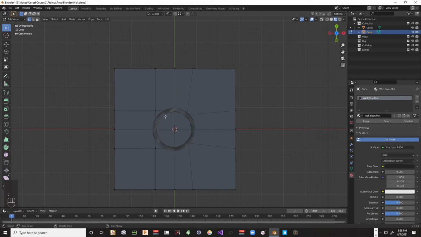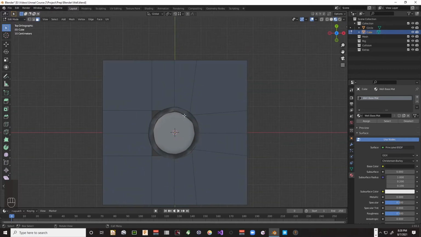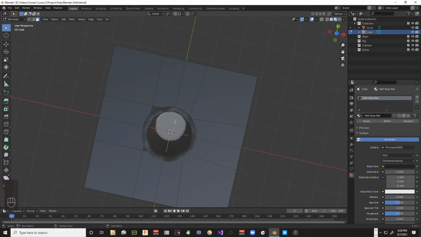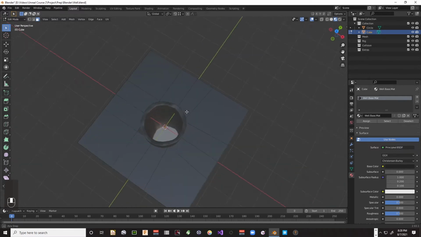Well, actually, let's grab these faces. This one, this one, this one, and this one. Delete faces, and we'll get these ones on the bottom too. X for delete faces. And now we're looking way down there at the bottom of it. Okay, so now we want to grab